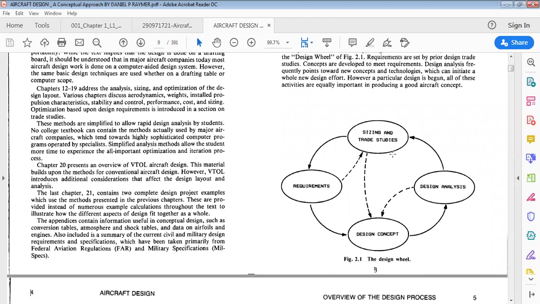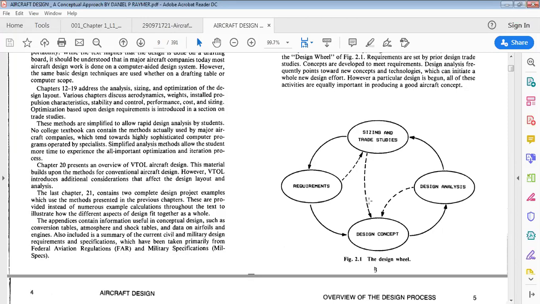When you go for a military based aircraft, you are going for endurance, meaning the total time taken by the aircraft to stay in the air, because we are only concentrating on the endurance trade studies. So it depends upon what type of aircraft you are going to design. According to that, we are going to do the trade-off studies. Clear? So from the requirements itself, we'll conclude what type of aircraft I'm going to design. From the design concept, design analysis, sizing and trade studies, if it is not matching up, again we'll come back to the requirements and change it. So you can see there is an iterative process.